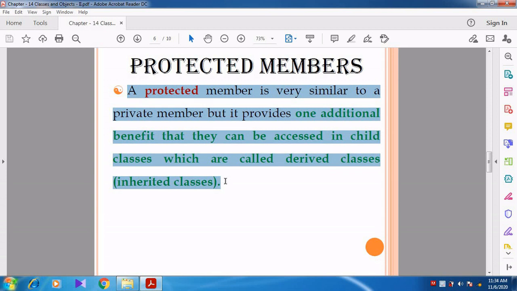Protected members can be accessed within the class and also in the inherited classes, that is derived classes. I can give another real-time example. Let us take your family. Your father is earning some money. Is it right or not? Your father is purchasing some assets. After your father and mother, who is going to own that asset? Whatever asset they purchase, whether it is a home, a house, a car, or whatever it may be.